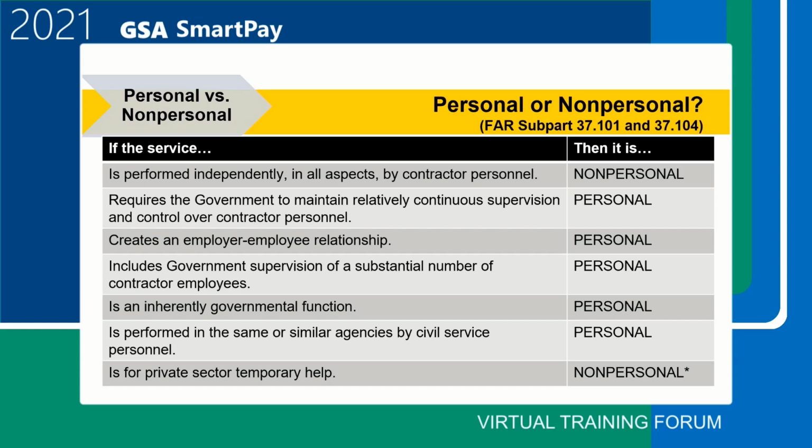Are services applied directly to the integral effort of agencies or an organizational subpart in furtherance of an assigned mission or function? Are comparable services meeting comparable needs performed in the same or similar agency using civil service personnel? The need for the type of services provided reasonably can be expected to last beyond a year, and the inherent